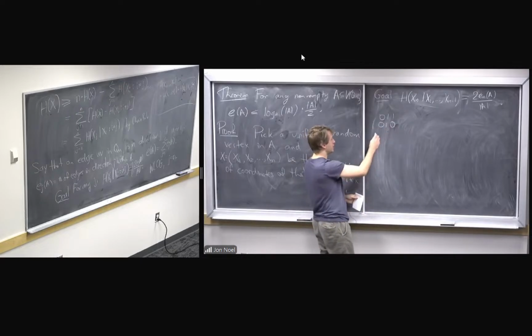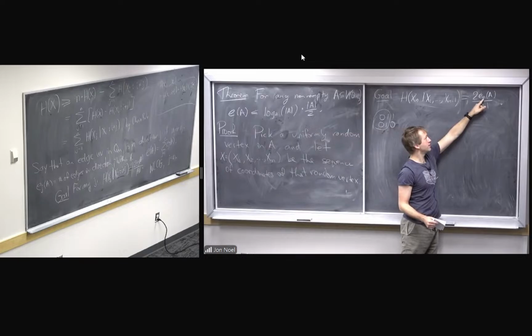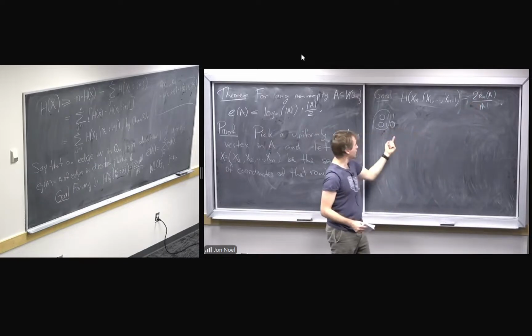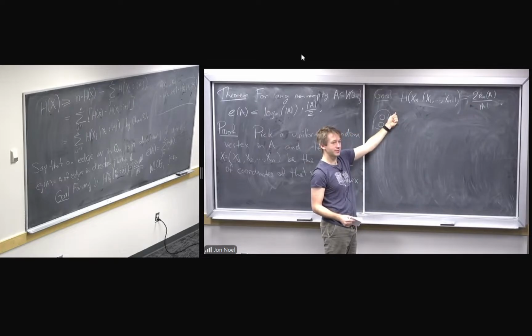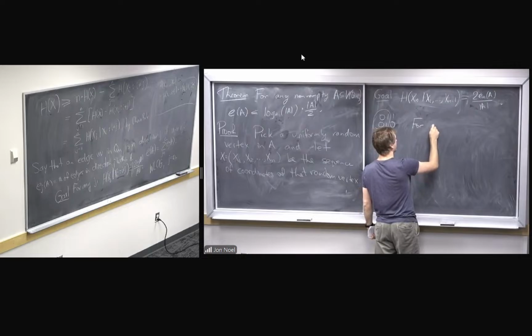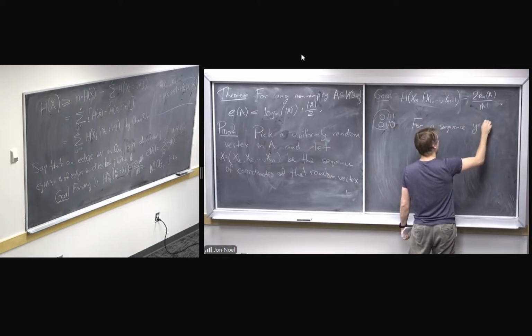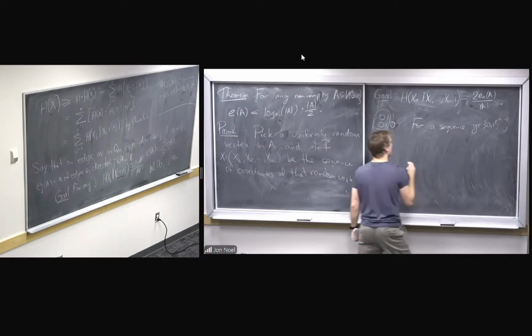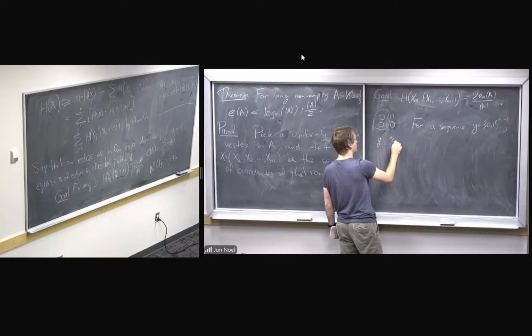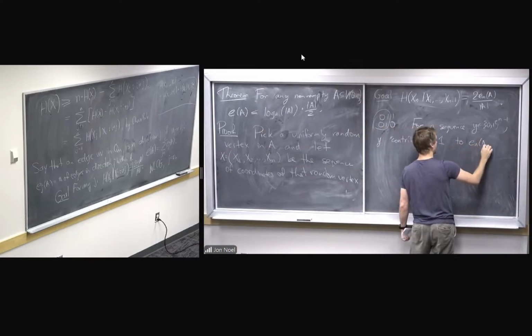So what that corresponds to is you take a string of length n minus 1, and that string contributes 1 to this quantity, the number of edges in direction n, if and only if both of these are in A. So for a sequence, let's say y in {0,1}^(n-1), y contributes 1 to the number of edges in direction n of A